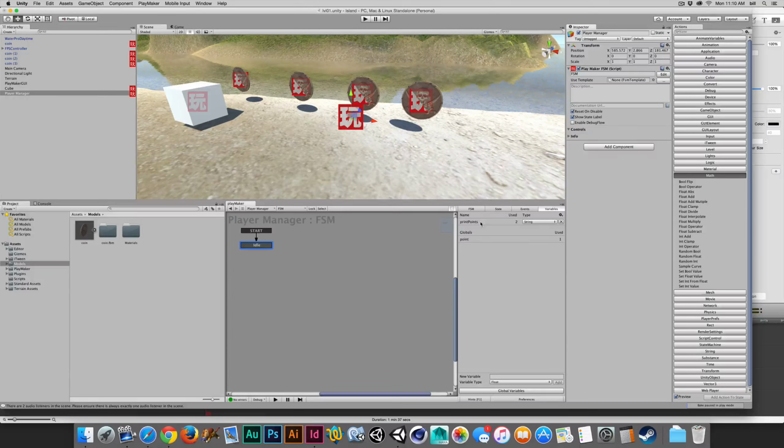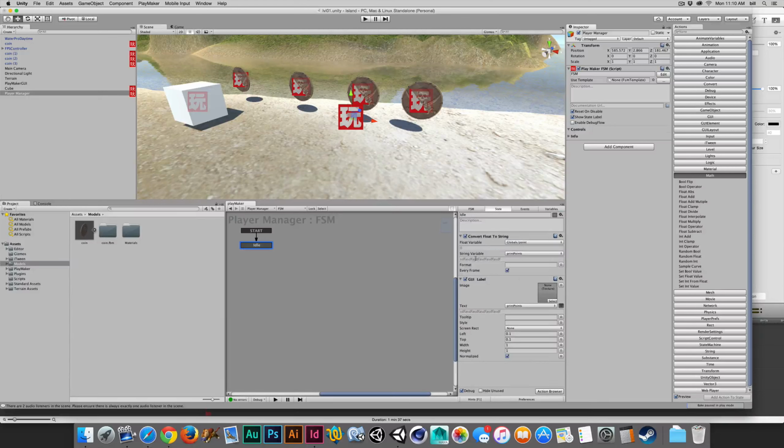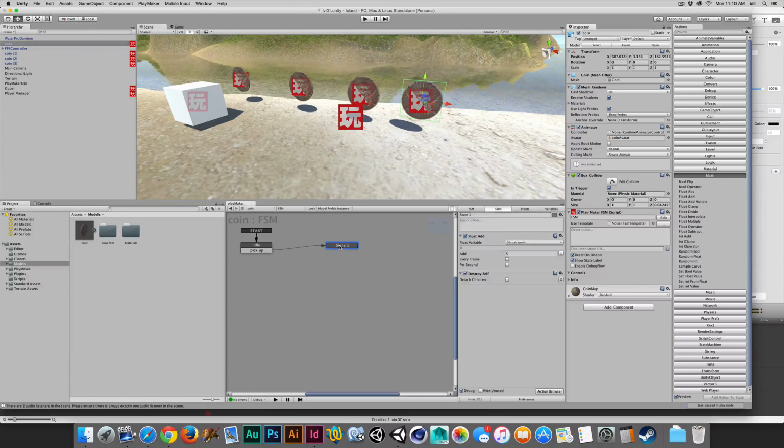Because remember, if I come in here and go to print points and I just randomly mash some keys here, if I go back into my state, I don't really care what that value is to start with, because it's going to be converted immediately to the float value. But it's showing me what that data is to start with. Same thing down here. But once we run this, the conversion is going to take place and all these values will be equal to 0. Now that I have debug turned on, I can also go into the coin and into the state machine, or state 1,